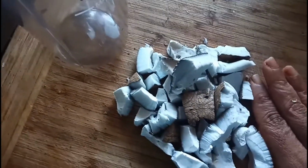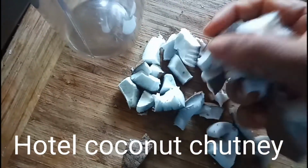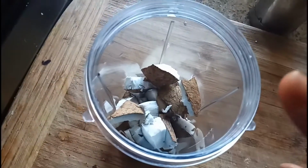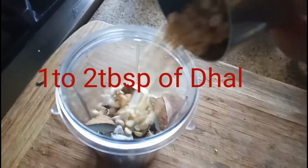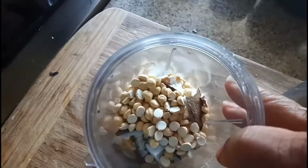Today I'm going to share the recipe of how to make hotel watery coconut chutney at your home. So for this recipe, what you need, here I have some fresh coconut and I'm going to put this one in the blender. And in this, I'm going to add the chutney dal. So here I'm adding this chutney dal into this blender along with the coconut, and I'm going to add 2